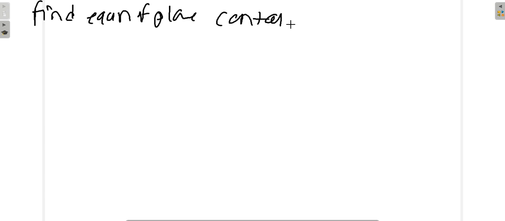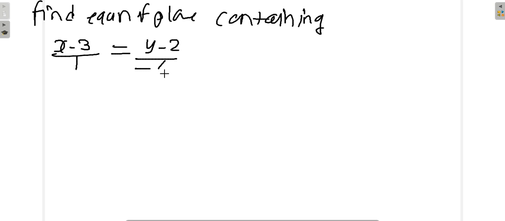Okay friends, so let us solve some more examples on plane and line. Find the equation of plane containing the following lines. What are the lines given? Z minus 1 upon 5, and the second line is